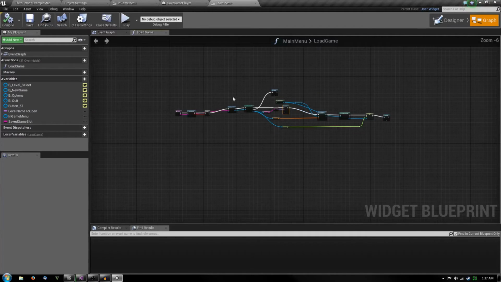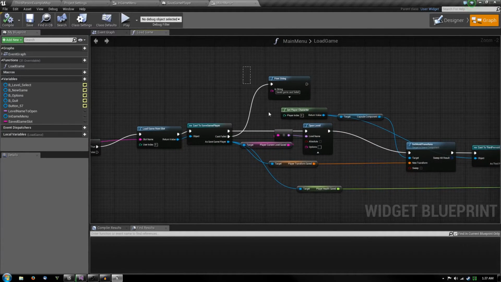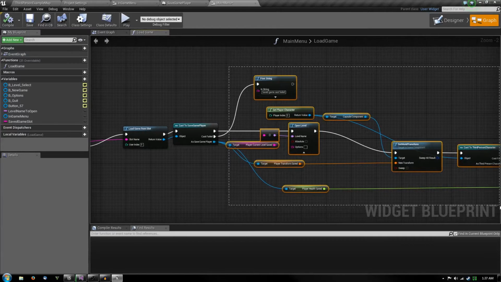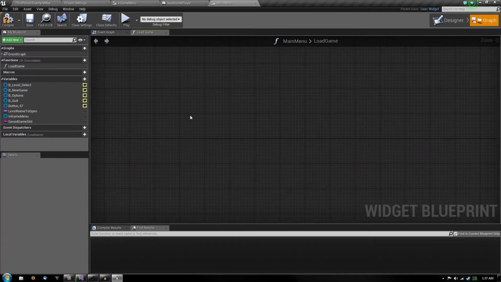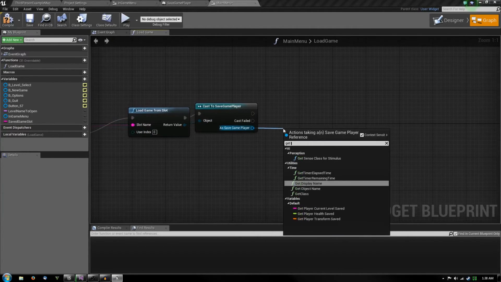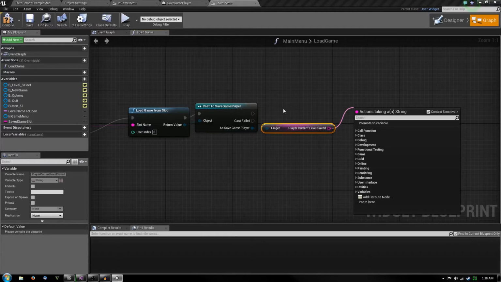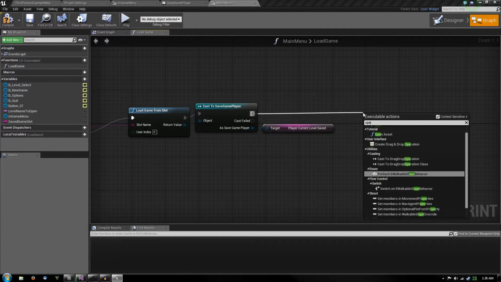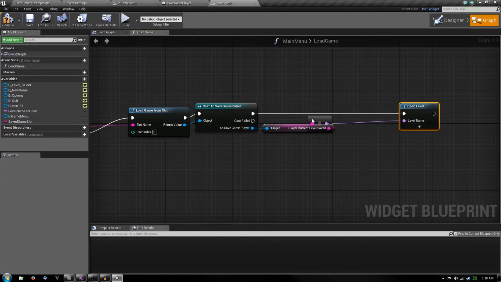Okay, I know. We're gonna change this a little bit. So load the game from slot, and then all we're gonna do first is just open up the level, get level, and after the level is opened, open the level. Okay, cool. This sounds like a small fix. So we'll open the level,